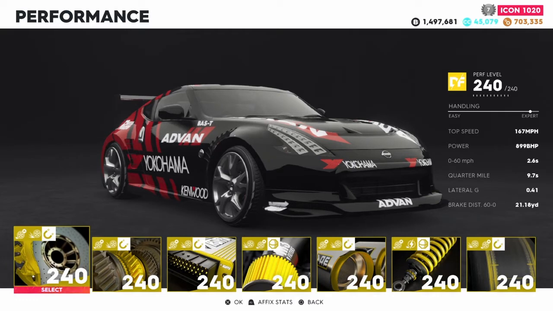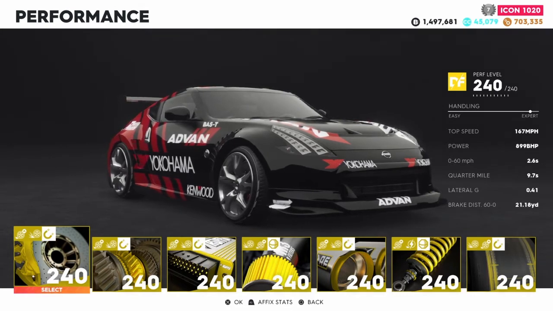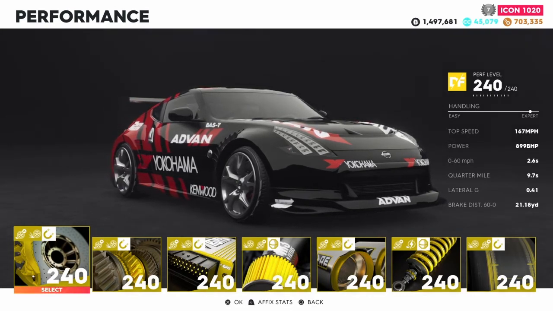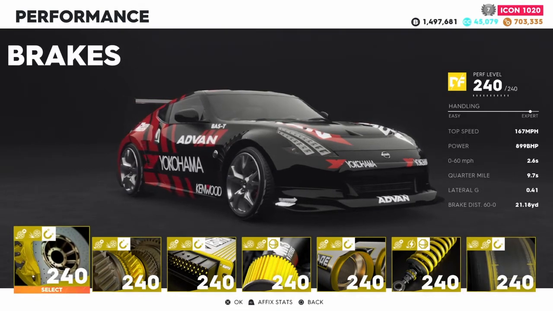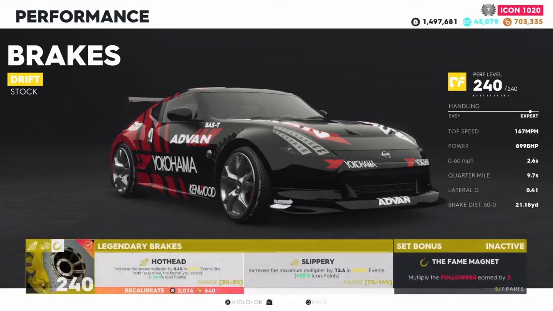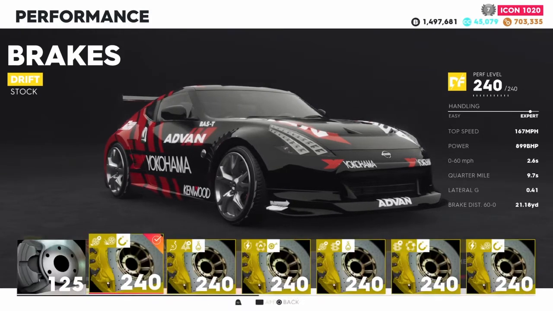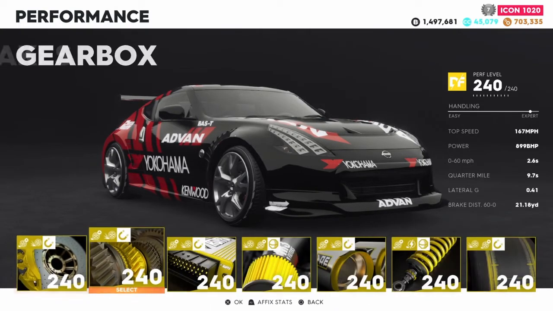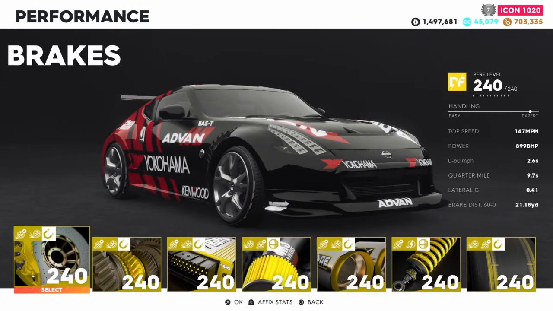get to 240 parts, and then once you get to 240, I suggest you complete as many on Ace as you can, so you can get these gold parts, because as soon as you get these gold parts, or even the pink parts, either way, get the pink or the gold. And once you get them, you want to make sure that you have hothead and slippery on your parts. On every single part that you have on your drift car, you want to make sure you have these two